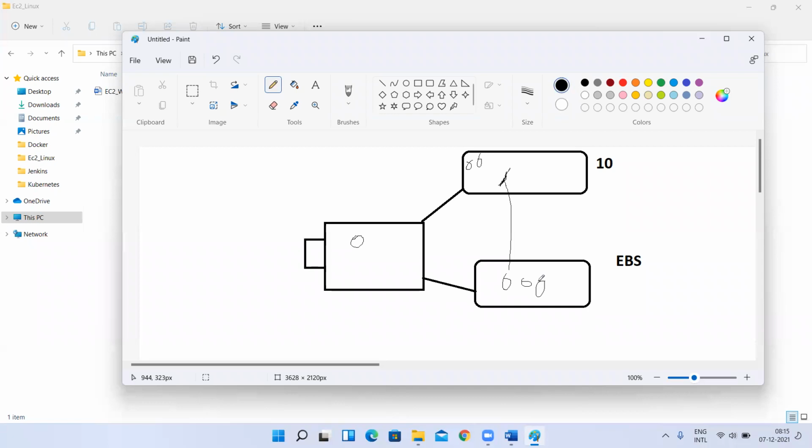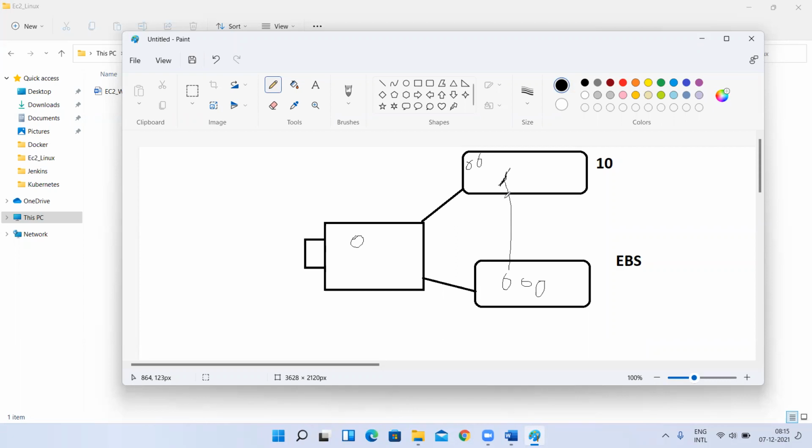Yes, sir. So other than that folder in the root volume, if I store any file somewhere, where will that be stored actually? Root volume. If you want to store it on the external volume, you have to place it in that specific folder only. So where will the mount point be created, on the EBS volume or root volume?